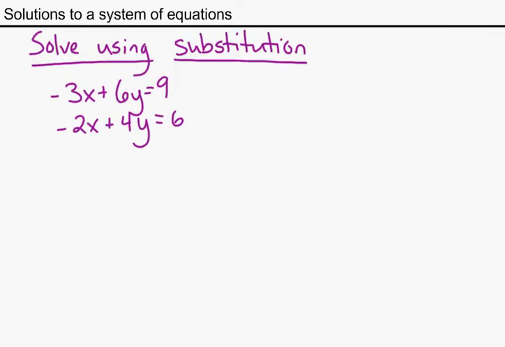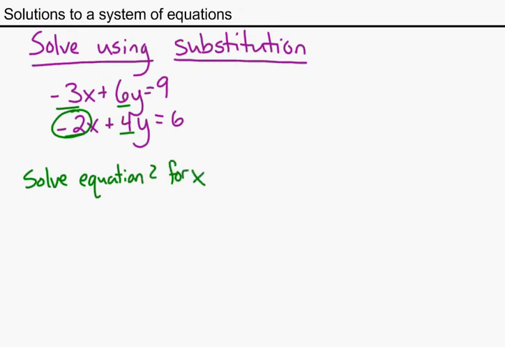For my second example, I want to look at a system and solve using substitution. When I go to solve using substitution, again, I consider all of the coefficients and look for a plus or minus 1, something easy to solve for. In this case, I don't get that. But if I look carefully, I notice that the -2 here is going to work out well. If I divide through by everybody who's divisible by 2, I'm going to end up getting nice integer coefficients on my answer. So my first step here is going to be solve equation 2